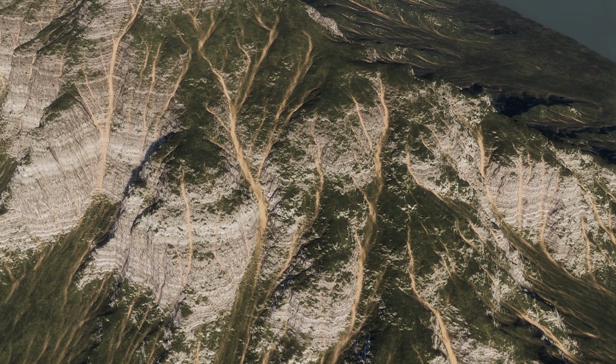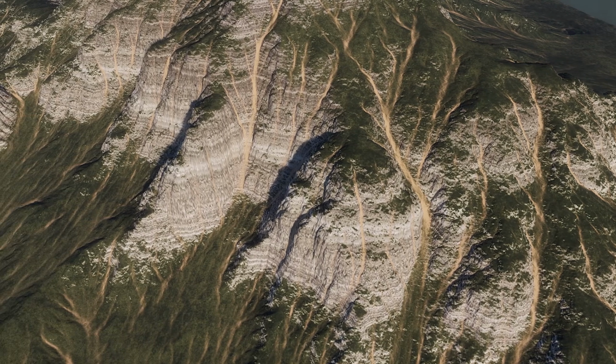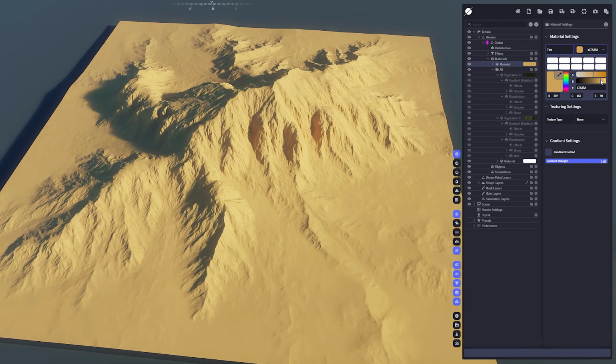In this tutorial, we're covering the entire material system in World Creator, from a bare terrain to a fully textured landscape. So let's start off with the terrain. So here I have a currently untextured terrain of a mountain range, and I'm going to start off by giving it a single base color,